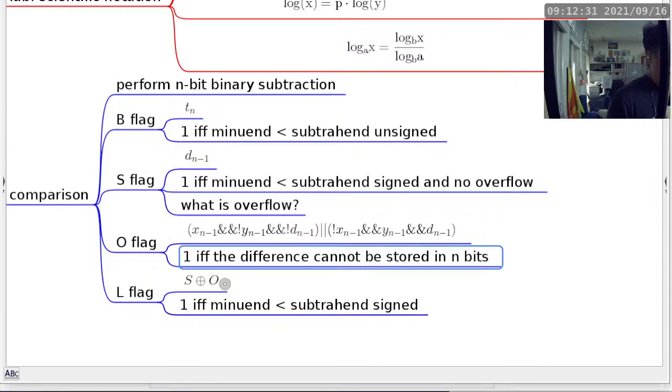All right, so the L flag has a formal name of less than. So that's one way to look at it, it is just less than. LOL can be one of those two. You can look at the L flag as LOL flag. That's your choice. I mean, we get to choose how we want to look at the L flag. What is the symbol in the L flag? We have seen this already in the past. It is exclusive OR.